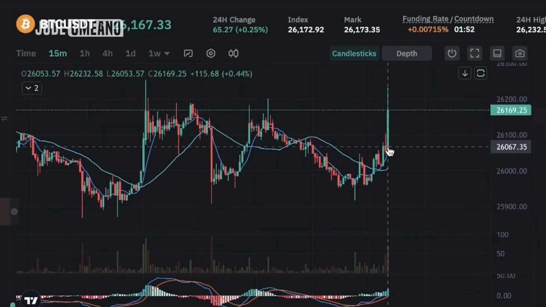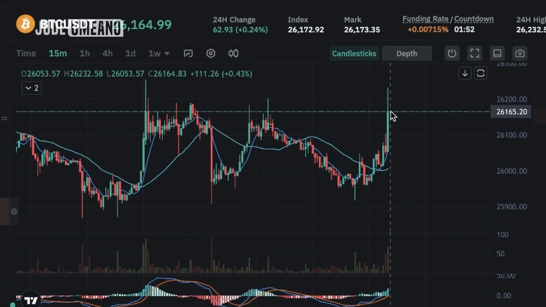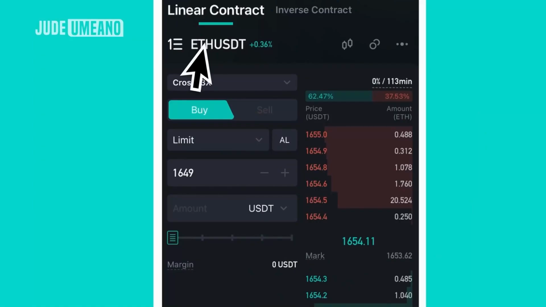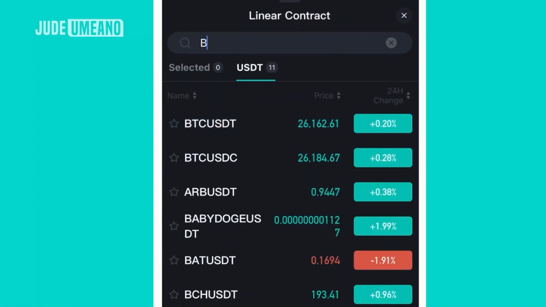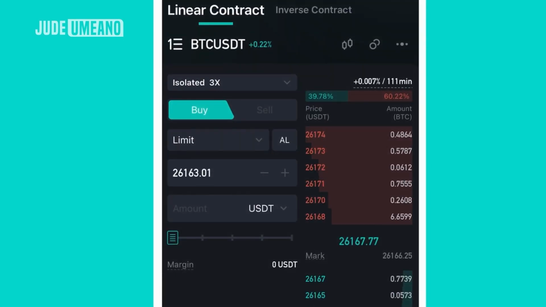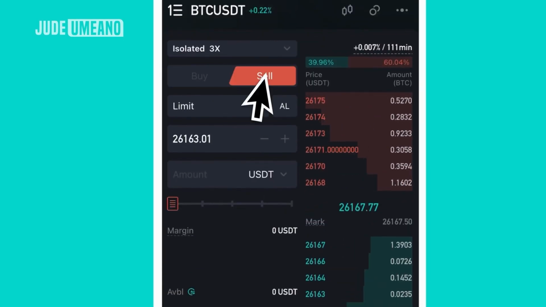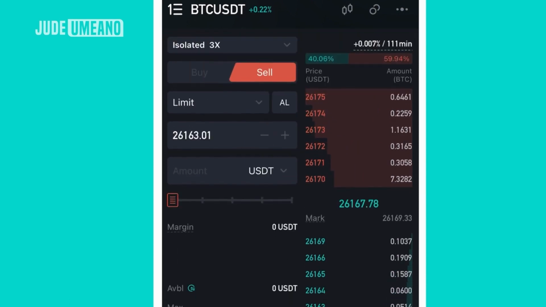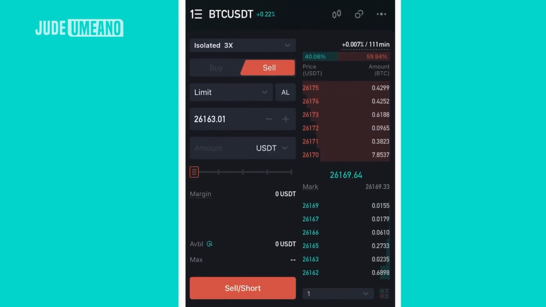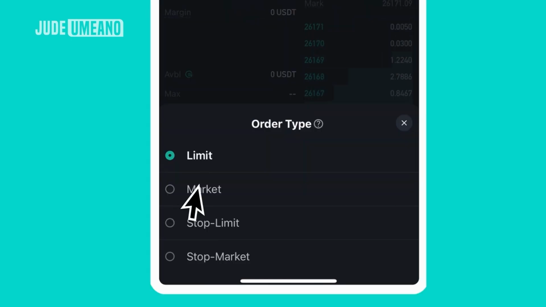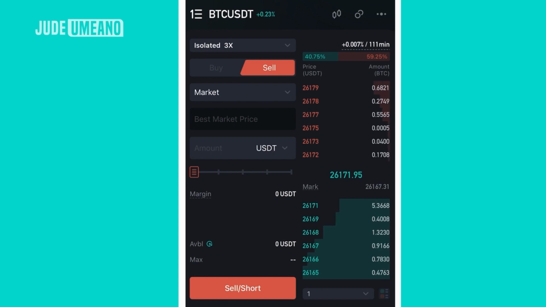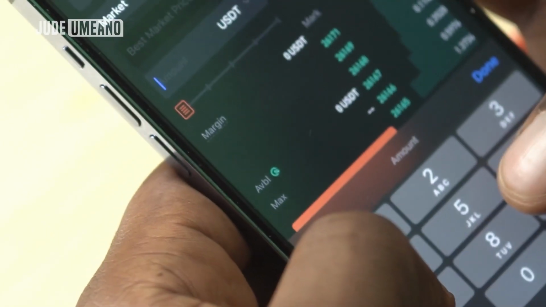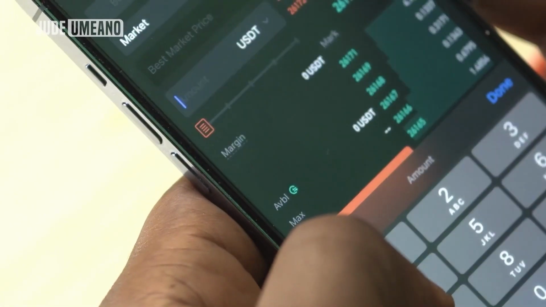Let's look at BTC. Let's say BTC has shot up, and maybe I believe it's gonna retrace some more, and I want to take a short position on BTC. So what I'll do is to go and select the BTC pair, BTC against USDT, and click on sell because I want to sell short, and I still want to maintain my 3x leverage, and I want to enter the market immediately. So I can actually use the market order to enter the market immediately, and say my trade amount is 50